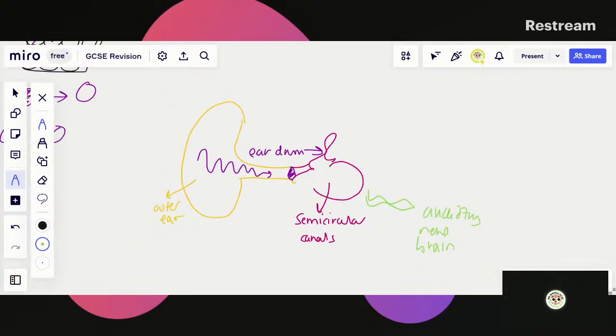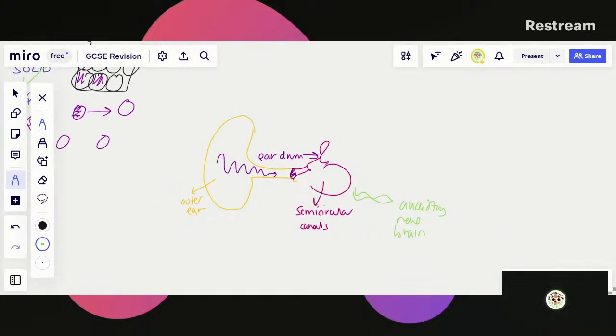And that's how we hear. So you've got the sound, it's funneled in from the surroundings via our outer ear, hits the eardrum, goes through the semicircular canals to the auditory nerve to the brain. So these vibrations that initially hit the eardrum